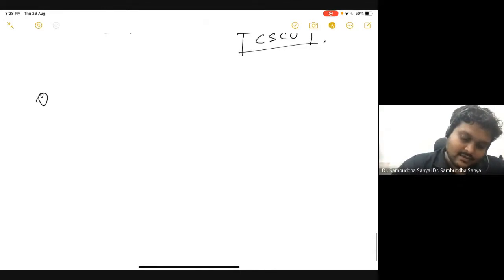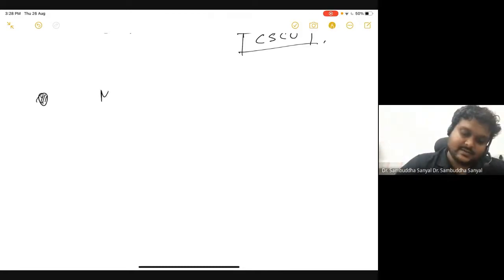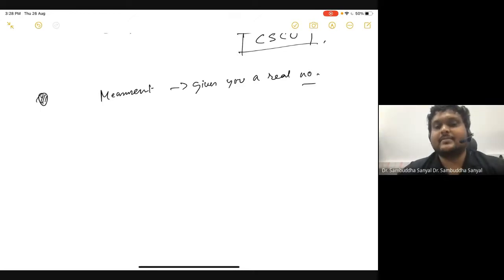So in the pre-recorded lecture, I made an argument that a measurement always gives you a real number. You don't really need an argument, it's an obvious statement. But our objects, the things we are playing with, are vectors and matrices. How will I get a real number from a vector and a matrix? First of all, it has to be a real number. So we came to the understanding that if it is a Hermitian matrix, there are ways to get a real number, such as an eigenvalue.